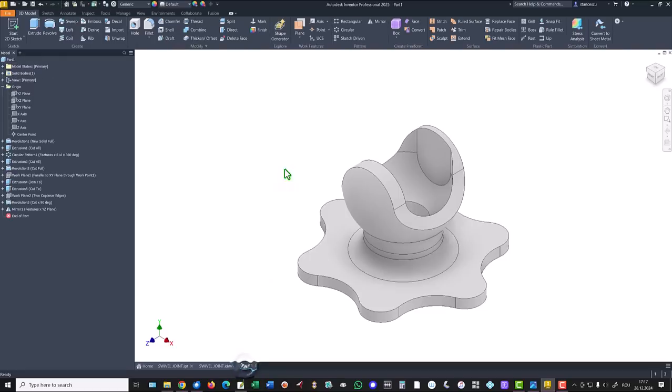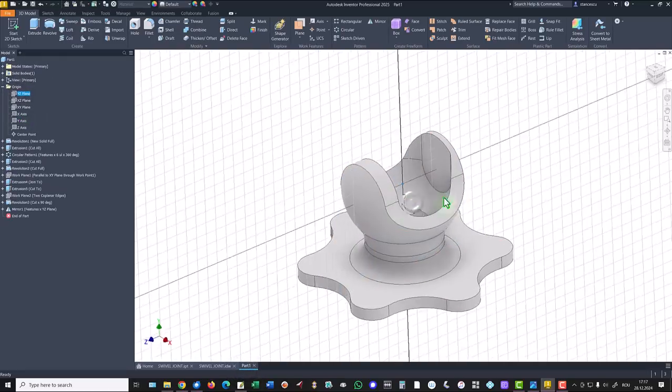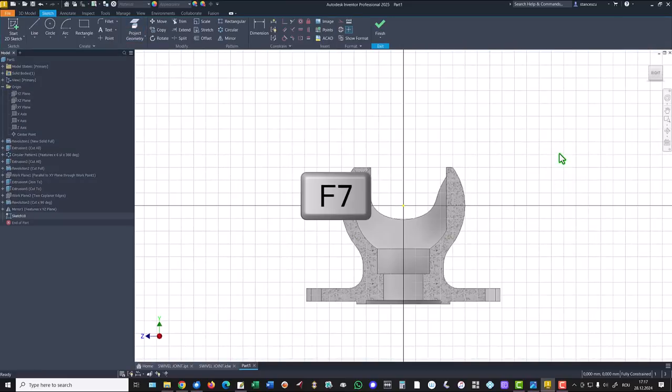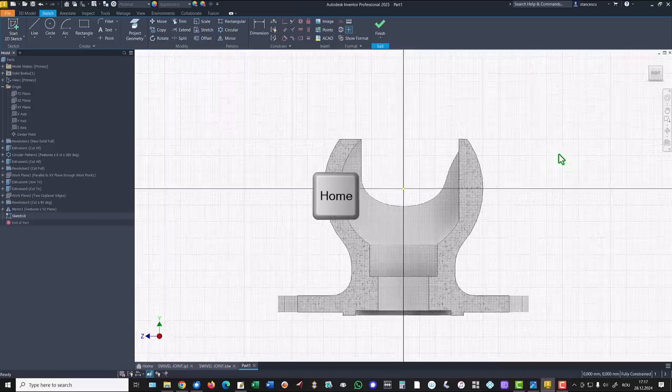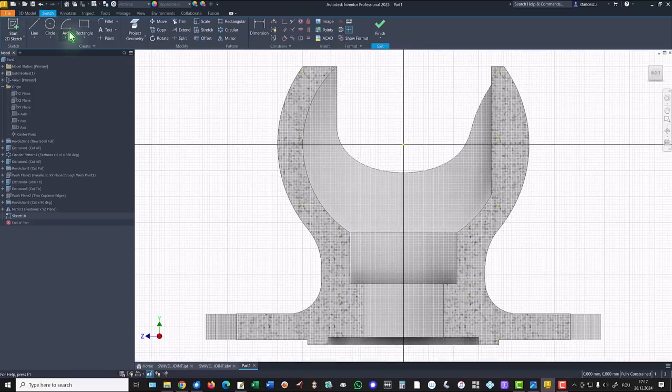Okay, we use the plane YZ, F7, and we draw lines here. This is a small one,